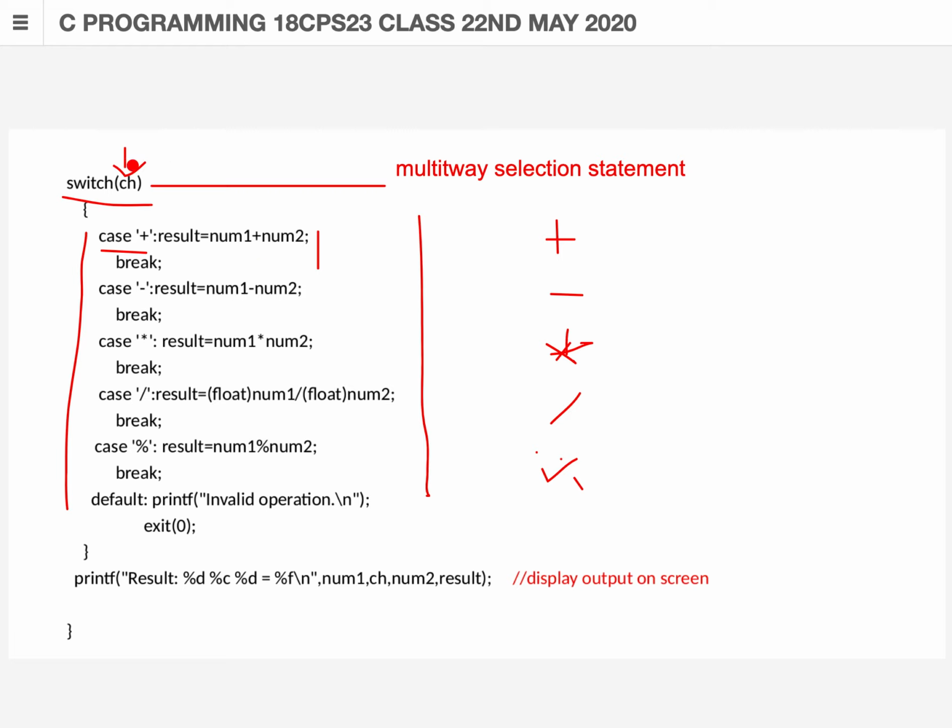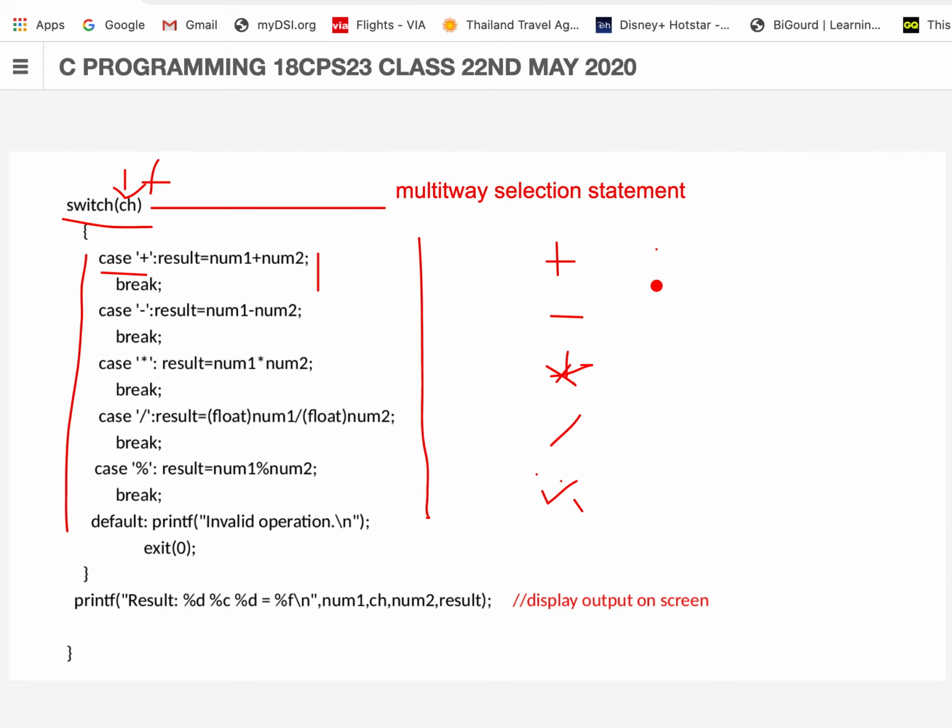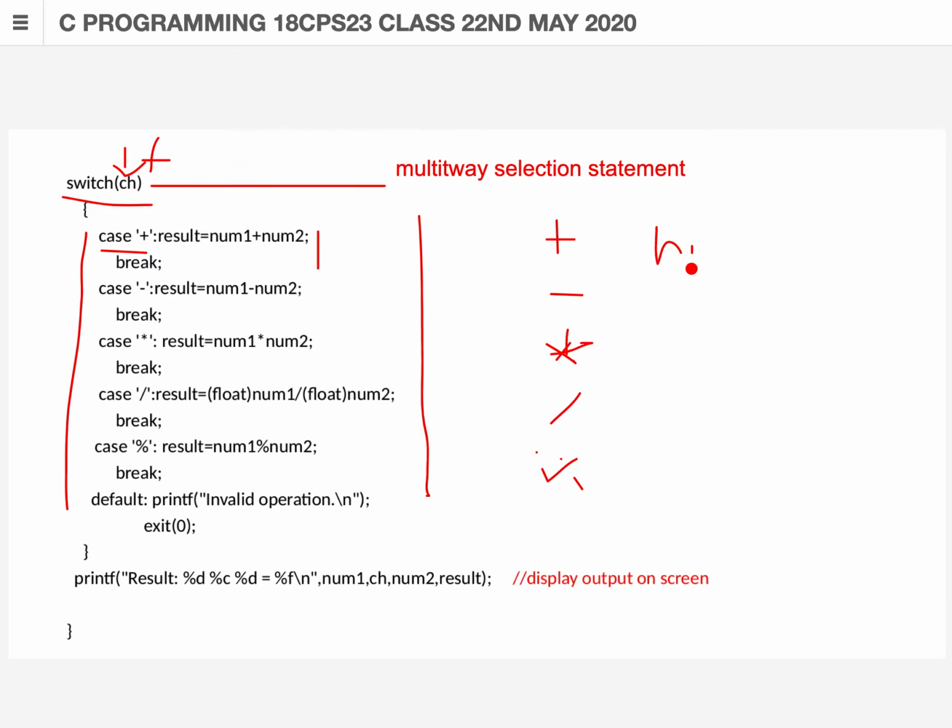So based on the character input provided, if the input provided is plus, it will get inside this case. Say the read data num1 is equal to 15, and num2 is equal to 20, and the given input operation to perform is plus.